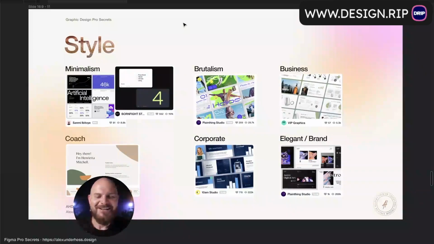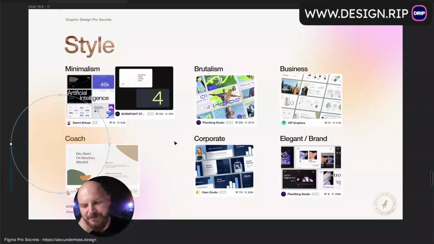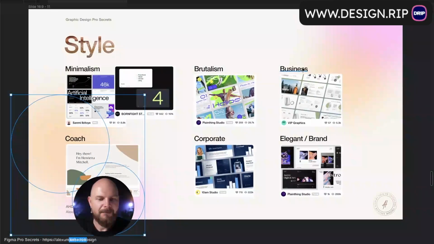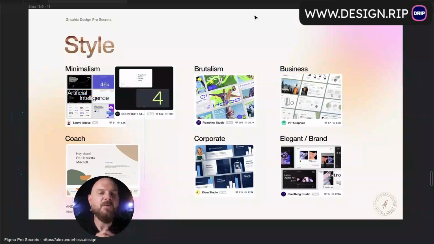But let's get back to styles. The style can be minimalism, it can be coach style. This is how I call this style, coach style. Why I call it this way? Well, because, okay, the color is on top of everything still. Here, no. So coach style, because if you go and take a look at different live coaches, you will see